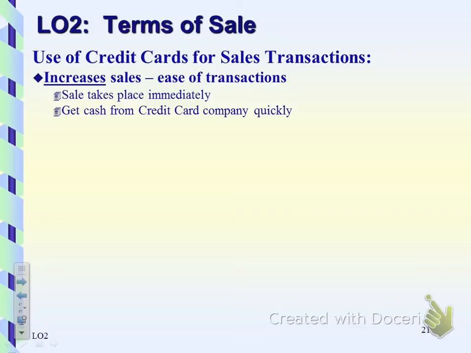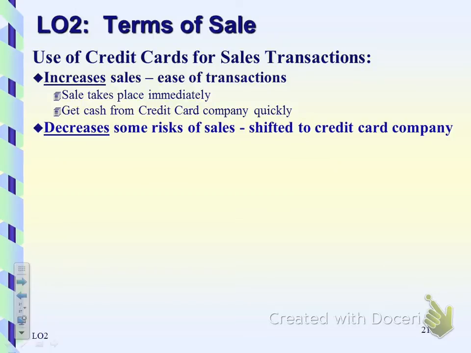Okay, but do you guys realize that for every transaction that a company does with a credit card, it costs that company money? Well, some businesses do. They try to mark it up to offset the cost. And some companies set a minimum purchase amount. Good. So another reason that businesses use credit cards is because it decreases some of their risk.